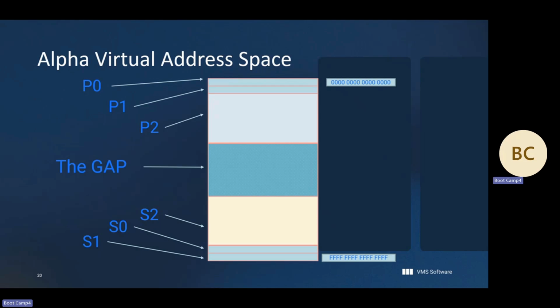P1 is here with an address of 00000000 F, I think. Every time I have to write it down and look it up. Then we have this whole space here, which is P2 space, which is now available for applications and customers. These sizes, by the way, are just suggestive, not representative. And then here's the gap. And then here is S2 space, which again is a huge amount of virtual memory that is now available to the operating system. And then S0 and S1 at the very tippy top.